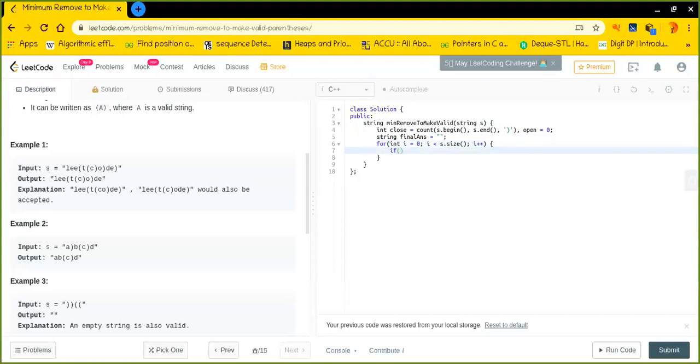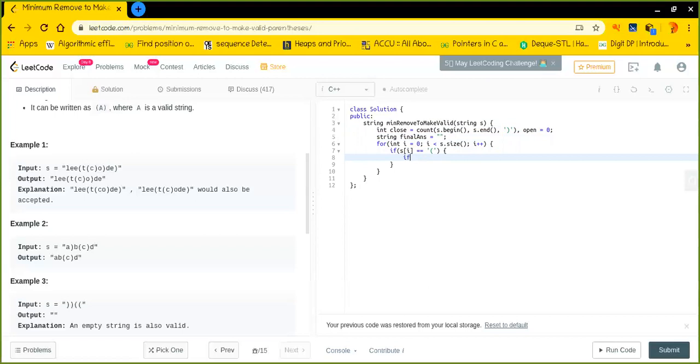and wherever I am, when I hit an opening bracket, then I need to check whether these two are the same or not.